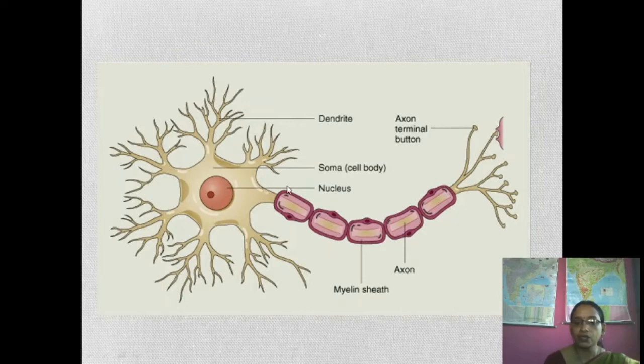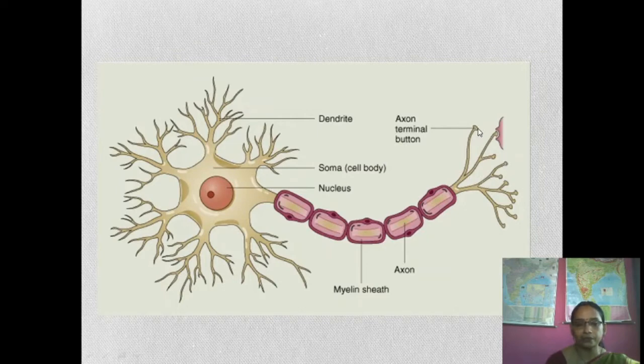And this axon is covered by a kind of sheath. This sheath is called the myelin sheath. In between the myelin sheath, you can see a number of constrictions. Here is a constriction here and here. These constrictions are called the nodes of Ranvier. And here at the end this axon is again branched, and at the tip of the branches you can see